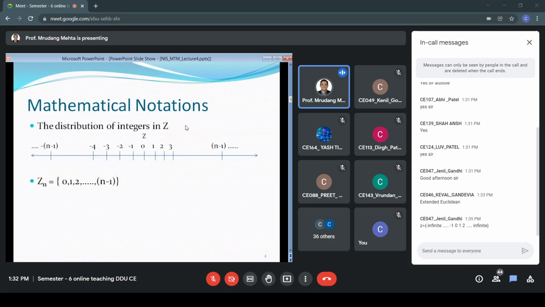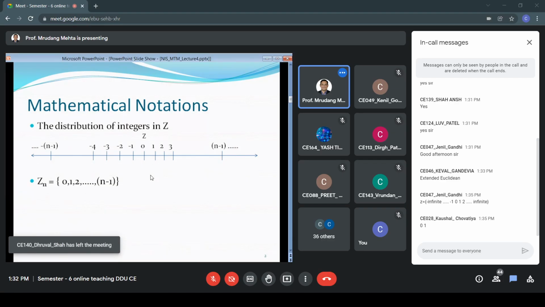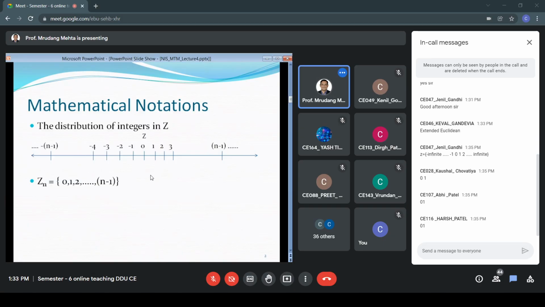Now, what is Zn? Zn equals 0, 1, 2, up to n minus 1. If it is Z2, what is the meaning? The elements are 0, 1, right? So, correct. Now, if we have to represent this Zn, the distribution of Zn,